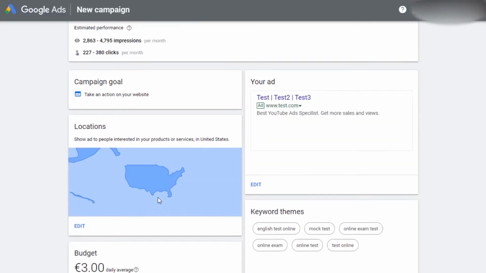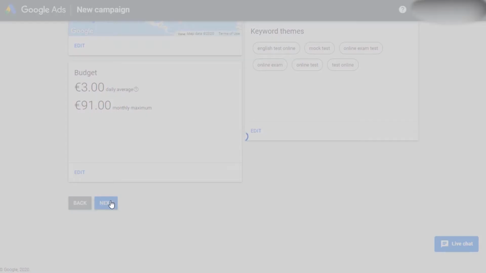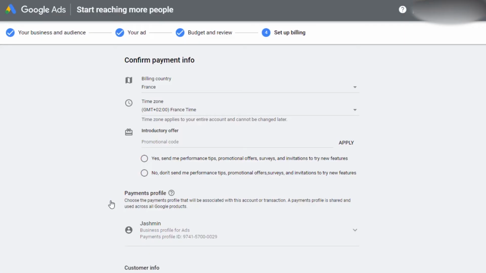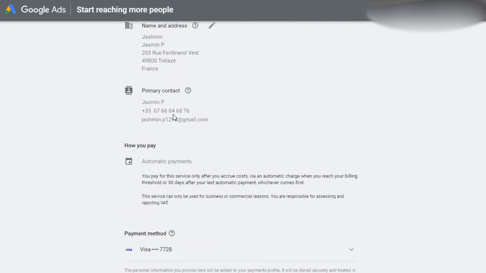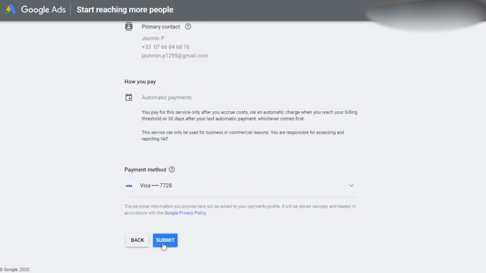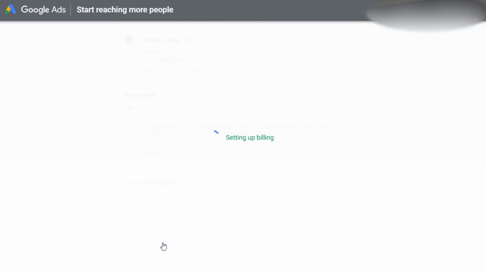All right, just click on next. The main goal here is to just go to the main screen of Google Ads. So set up your billing country and your time zone. Just click on introductory offer, just click on no, and there will be some information that you will have to fill up. And next,